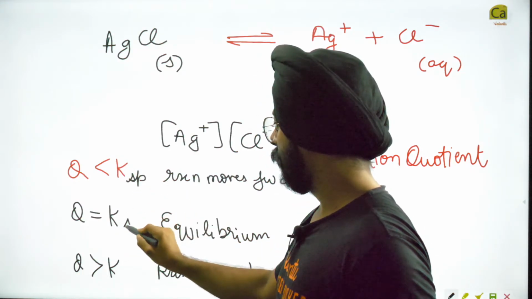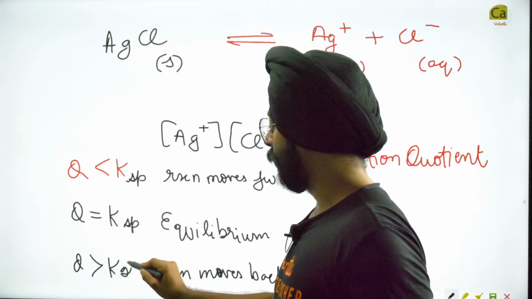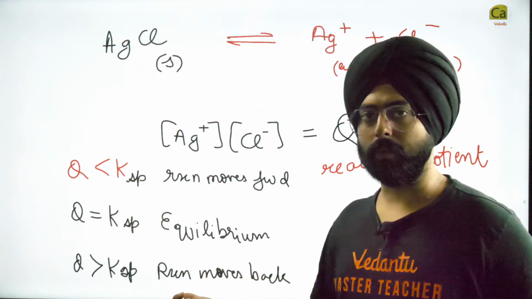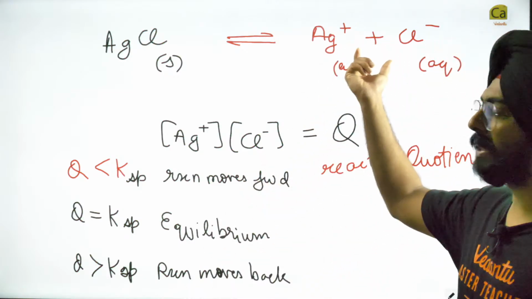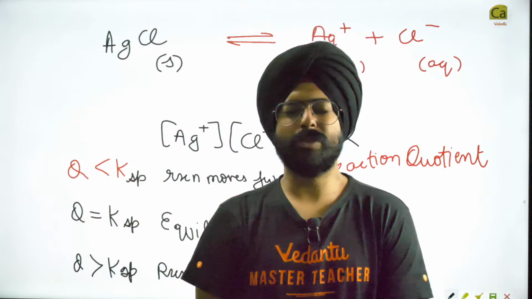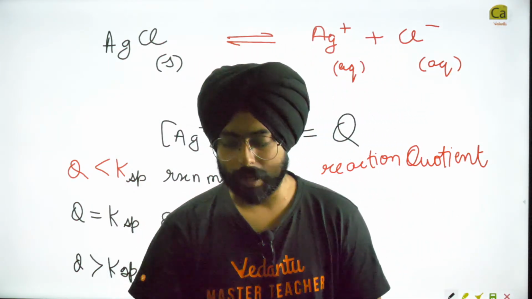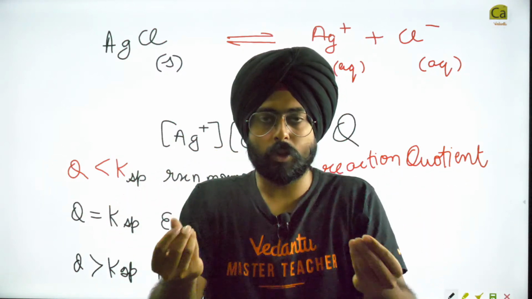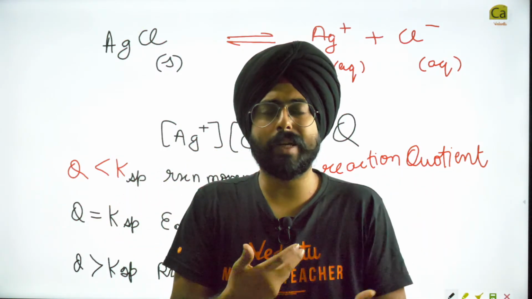Solubility product, solubility product, solubility product. My dear friends, reaction moves back. What does it mean? It means that whatever is inside the solution is turning into the solid once again. Have you seen this thing happen in the laboratory? When you add two things into a beaker and then suddenly a solid appears. What do we call that process?